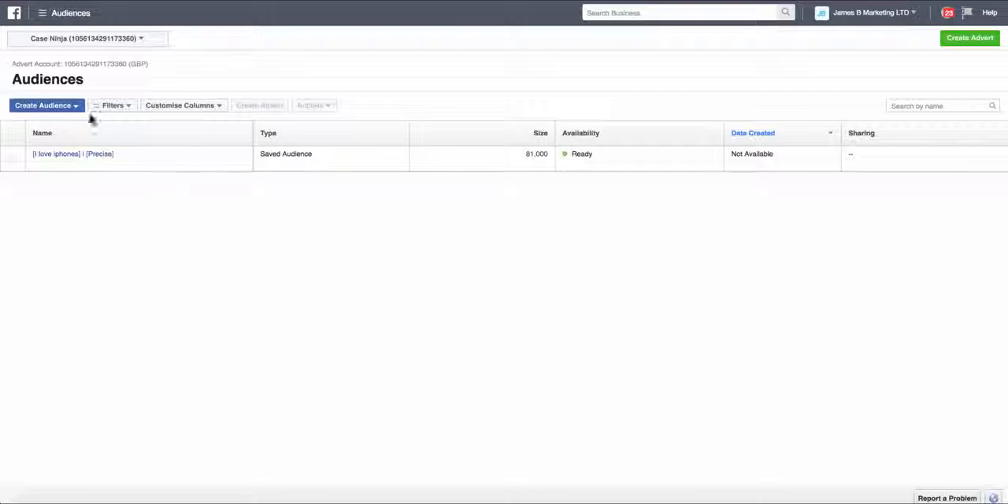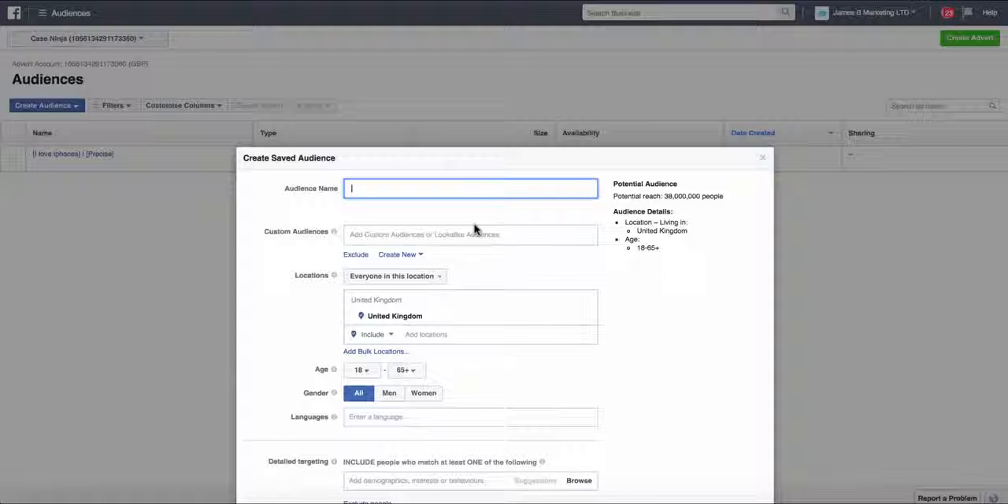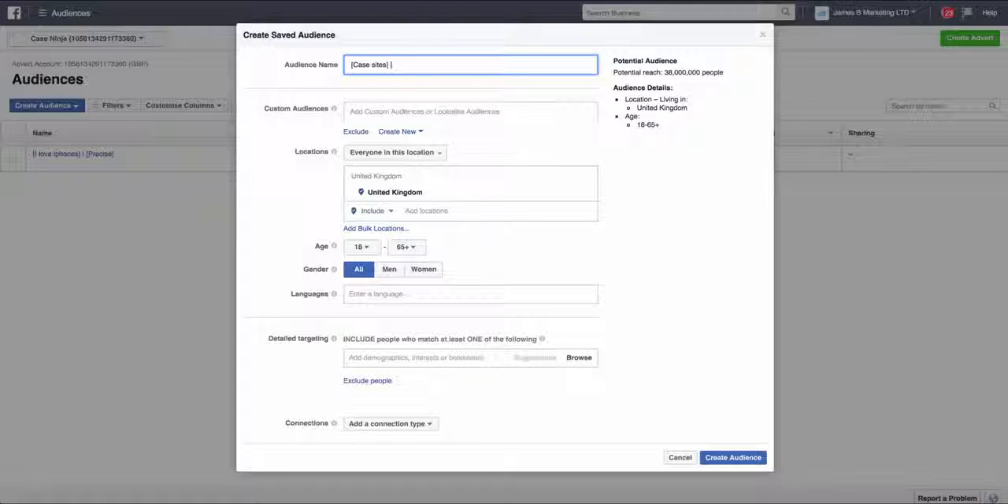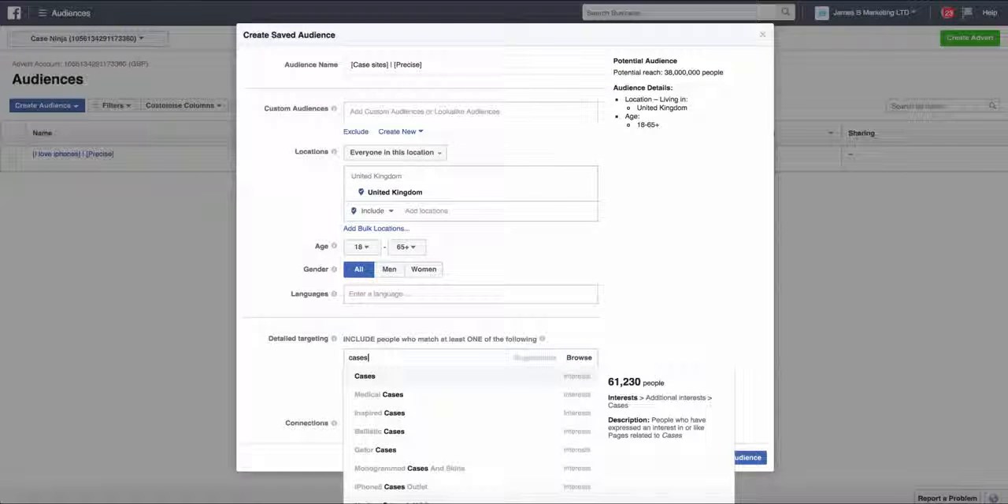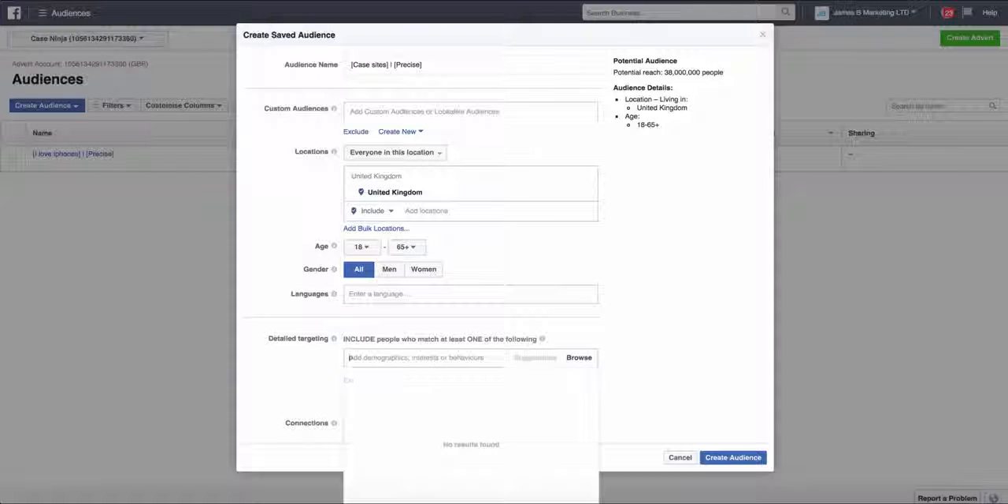Go in there, and now we have this in our saved audiences. Also gonna create another one now on them websites. So I'm gonna name this case sites. We're gonna get it as precise again, but I'm gonna say it's probably gonna be precise anyway, as these audiences aren't likely to be that big in the UK. So let's go for cases, phone cases,